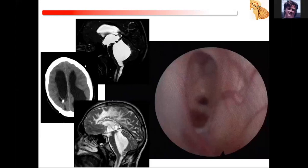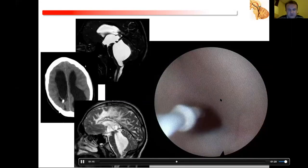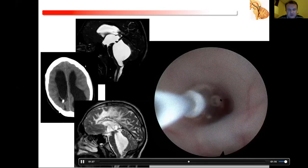So here in this video, I did a perforation of a thin membrane, which was the cerebral aqueduct. Of course, I used a balloon fenestration, and then you can actually navigate the fourth ventricle. In this case, we know